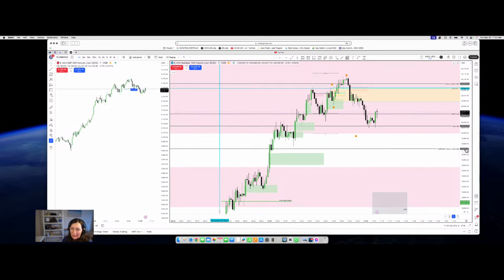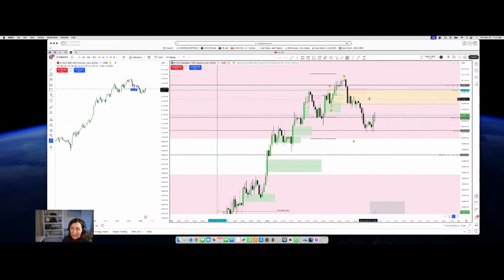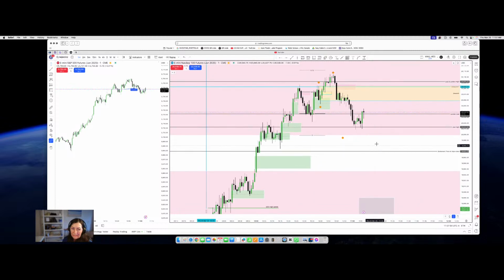But let's see if price, it's 11:07. I'm not looking to be engaged in the market at this point, but I'd like to see it hit back into this bearish breaker and then drop again. Anyway,